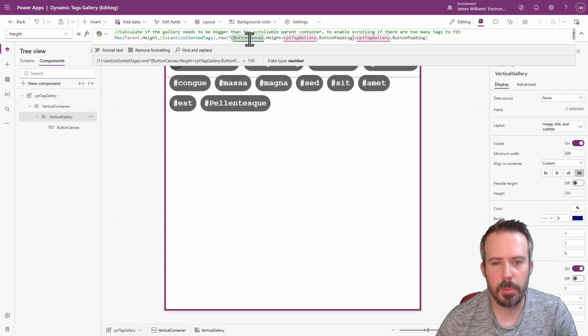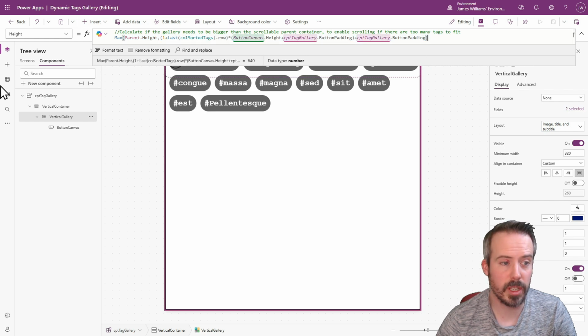And then we've multiplied that by the height of the button and the height of the padding combined, plus one more padding for the space at the bottom. So we know that now we can calculate the amount of vertical space we need for the component, and if that's going to be higher than the component itself, we'll set the gallery to that higher amount